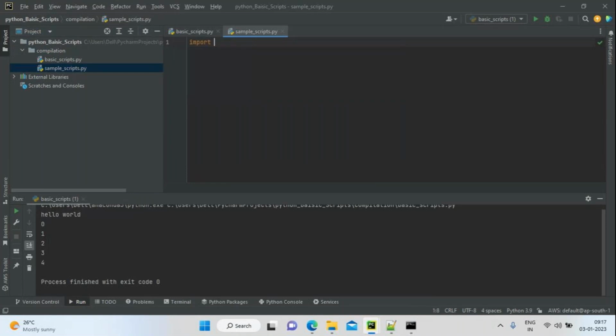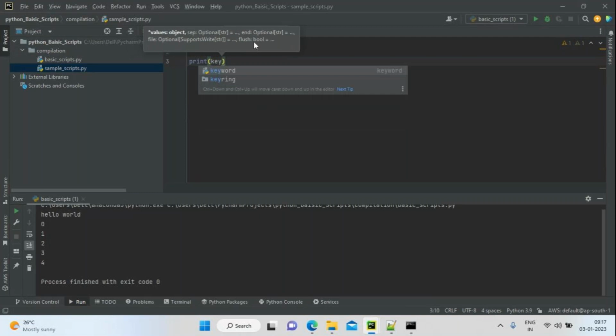First, the module I'm going to use is keyword, because I'm going to see what keywords are available in Python. For that, one module called keyword. Now print.